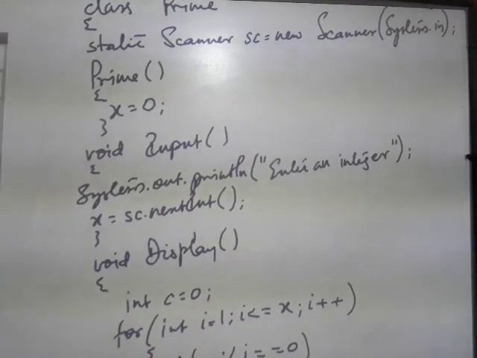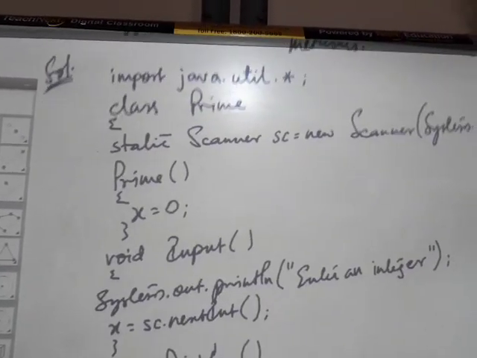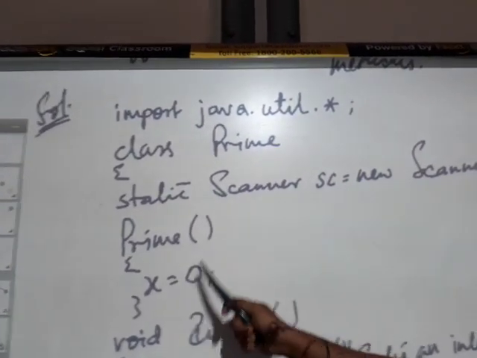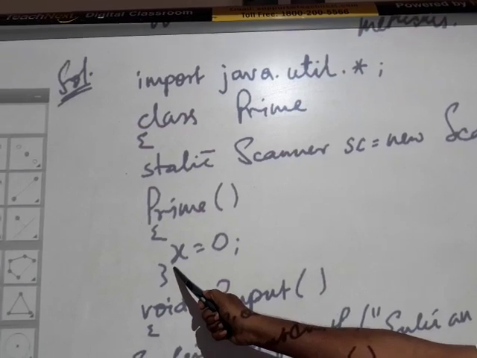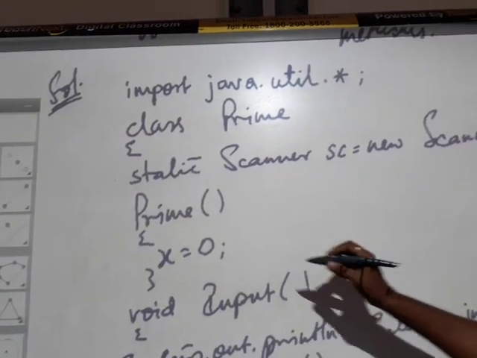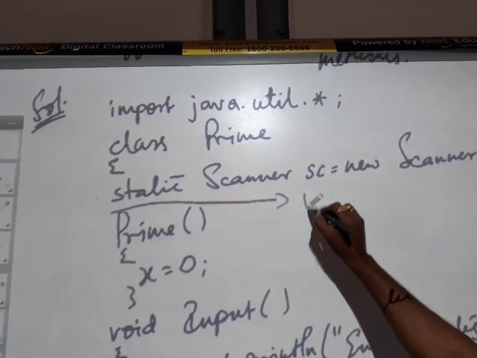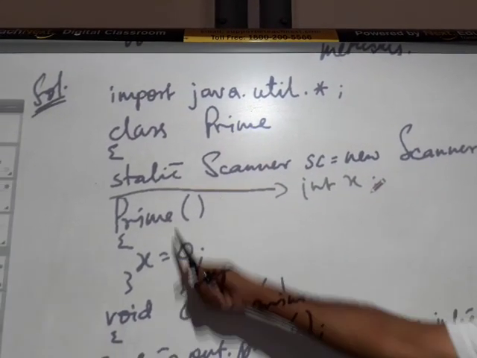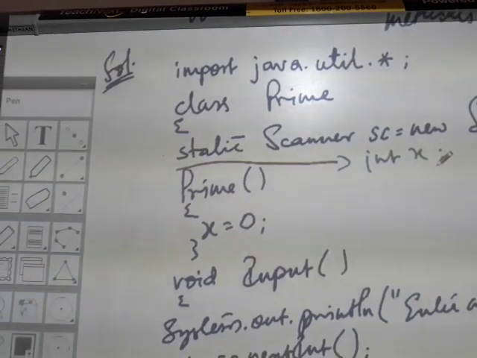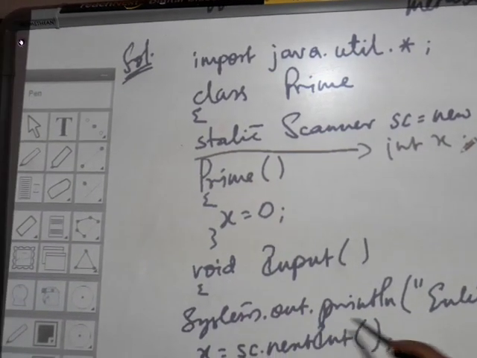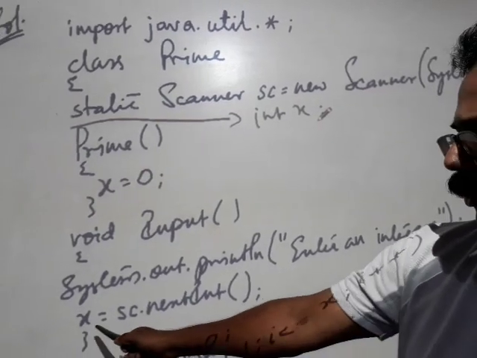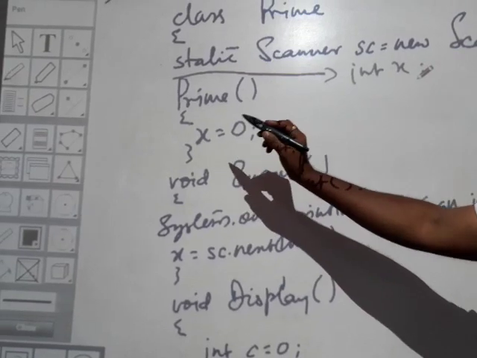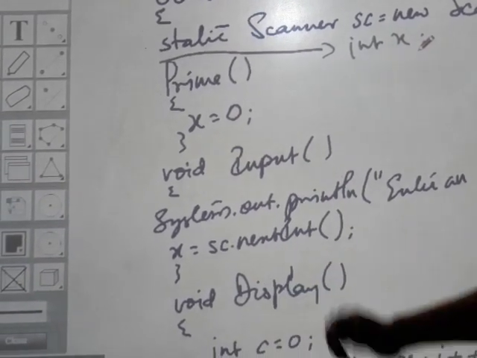Now when you look at the solution here, you see, to begin with, the class name. So this is your constructor. It assigns initial value. So being an integer variable, int x has to be written here, and then after that prime, here x is equals to 0. Now void input, System.out.println, enter an integer. Now x is equals to sc.next. So remember, here the function of constructor is just to assign initial values. So we have an input function to accept, fine.